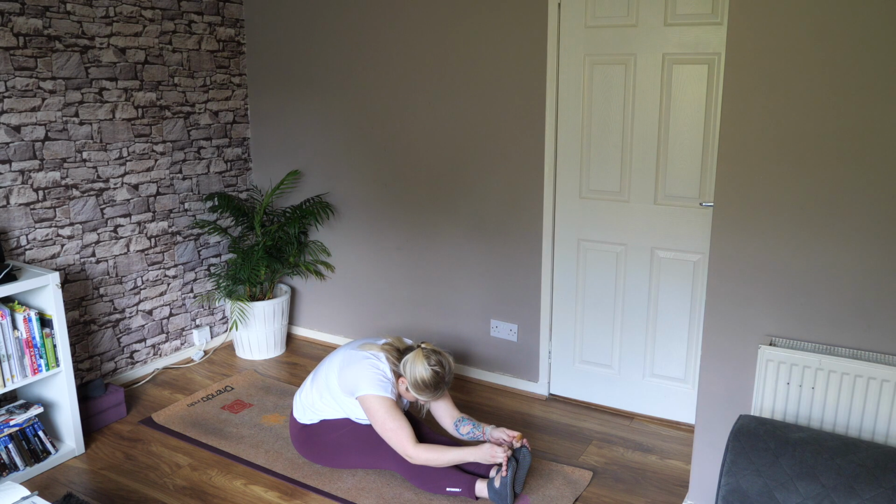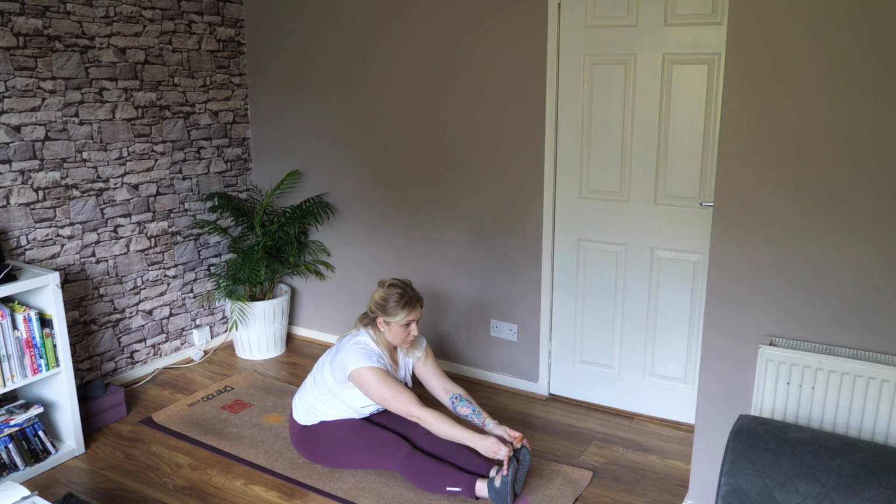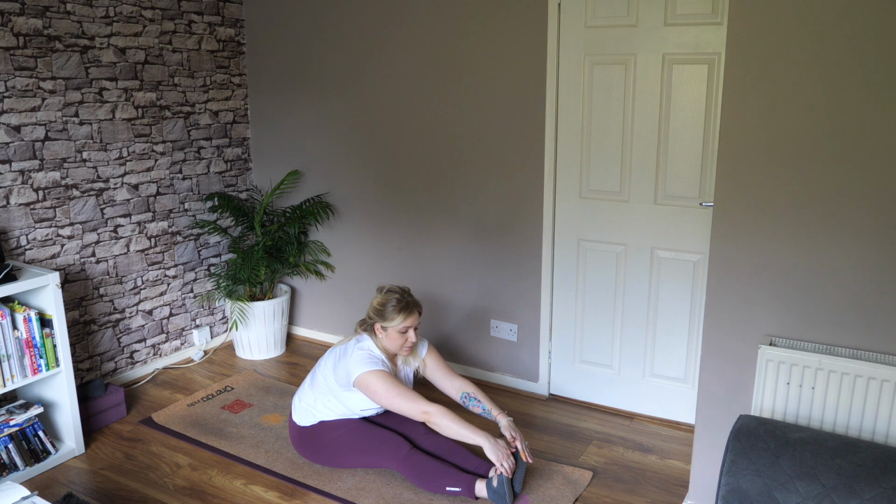And your next inhale, just open your head and chest back up. And then if you can, go a little bit further, place your hands on your feet this time. If not, it's fine, just stay where you are and just stretch up just to give yourself a little bit of a release. Inhale, and as you exhale,